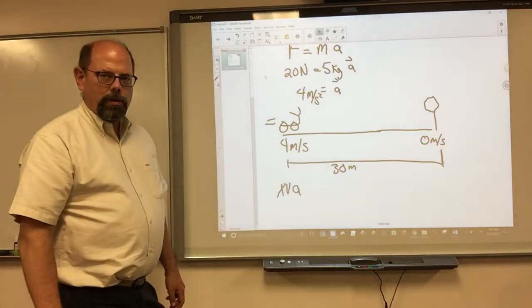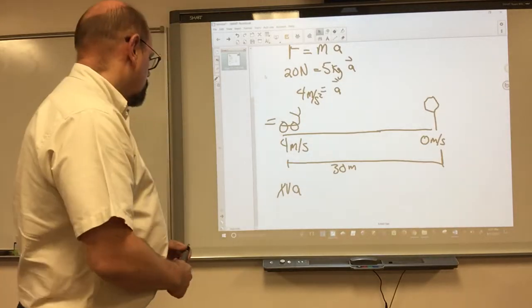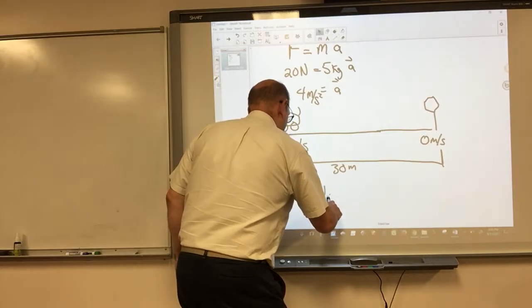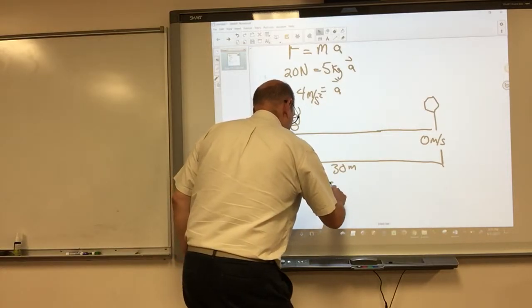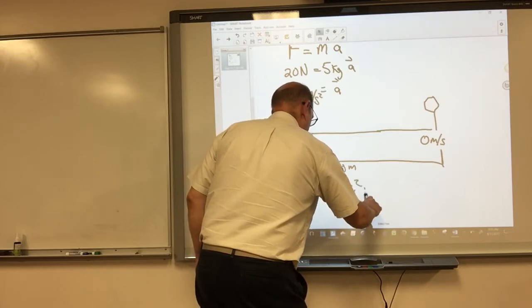So which equation do we need? We need the timeless equation. So, the final squared minus the initial squared is equal to